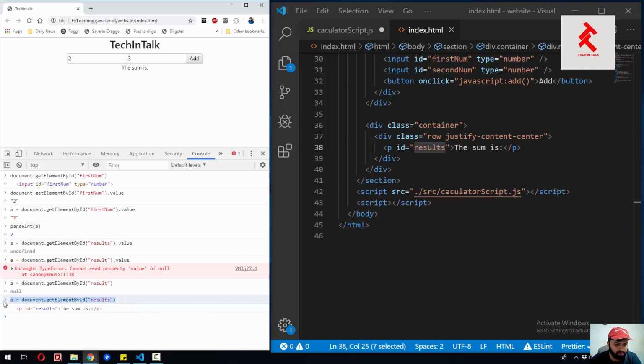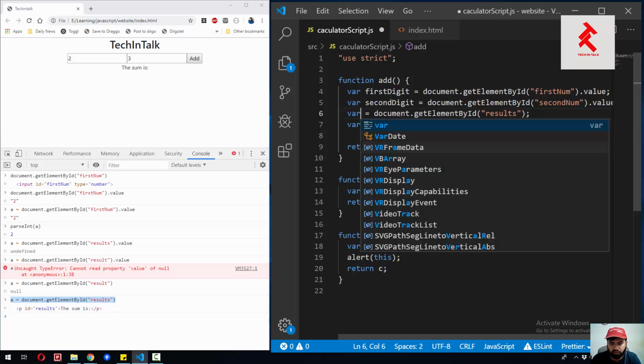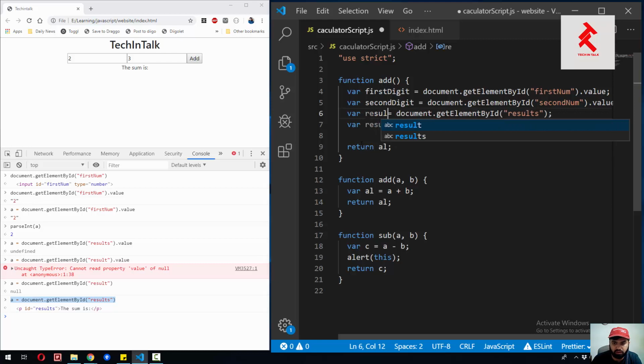So let's copy paste the same script here, and let me name it result element, because this is an element,